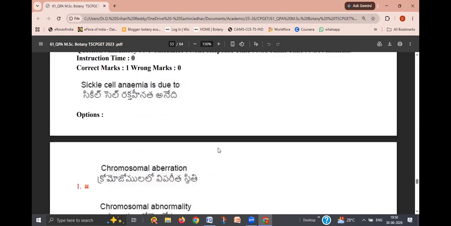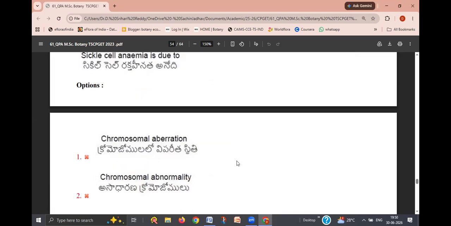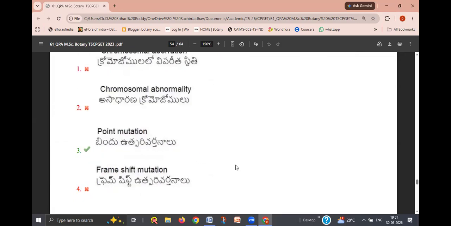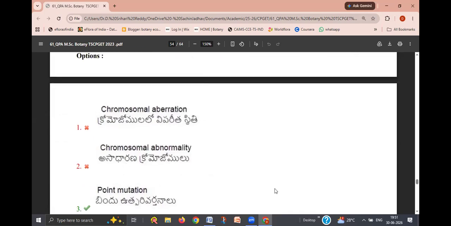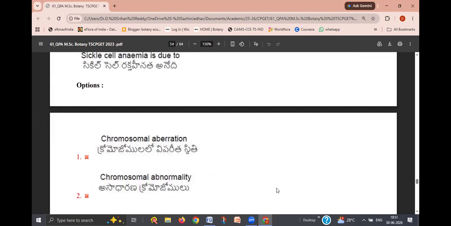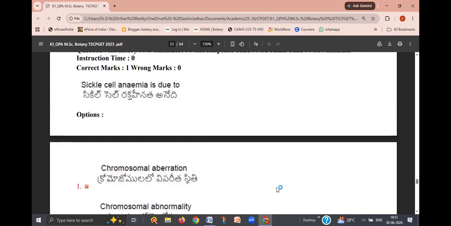Next, sickle cell anemia is due to what? This is related to mutations: chromosomal aberration, chromosomal abnormality, point mutation, frame shift mutation. Okay, point mutation is the right answer, because point mutation means a mutation at a single site of the nitrogen bases. Due to the mutation,